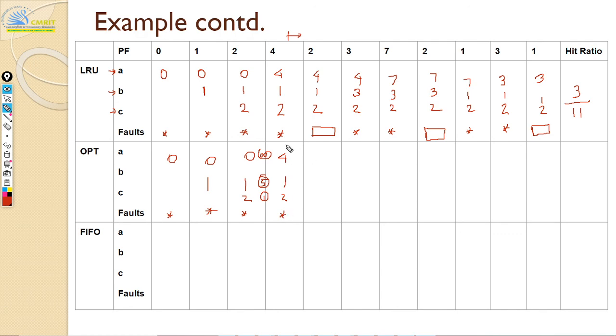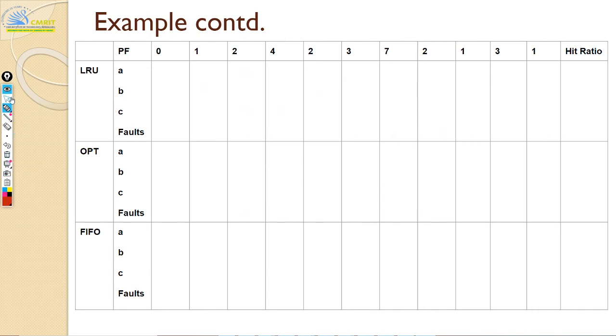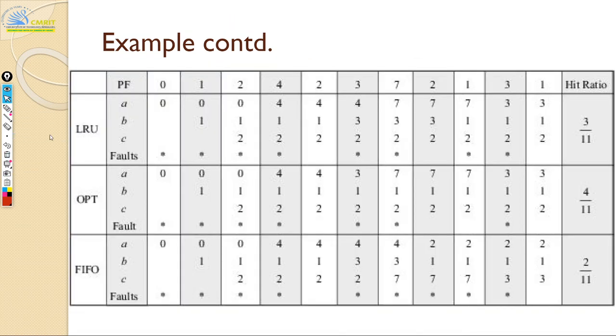And similarly, you have to calculate the forward distance for all the future pages, and then you calculate the hit ratio. Okay, all right. So now once you work it out, you're going to have something like this, and you're going to find out your OPT barely manages to be better than your other algorithms.